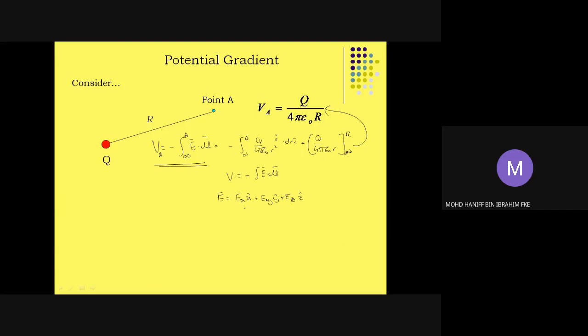That should be E for the Cartesian system. For dl, we can have dx in the direction of x plus dy in the direction of y plus dz in the direction of z. So when we have a dot product between these two vectors E and dl, V will be written as negative